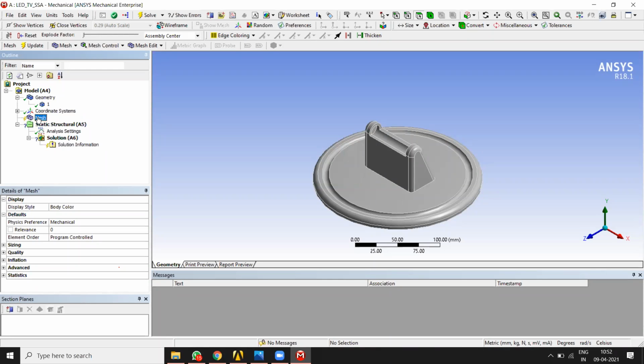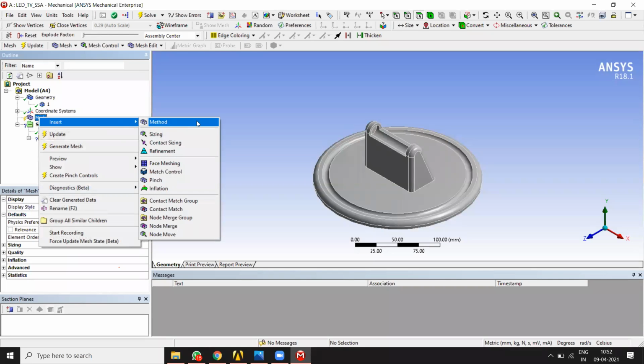If you right click on the mesh and insert, these are the things by which you can optimize your mesh. You can have control on the meshing, but I'll not go into that. I'll go with the basic.